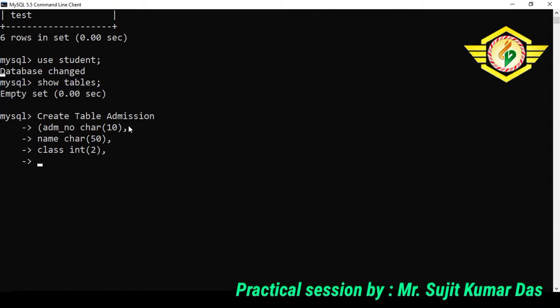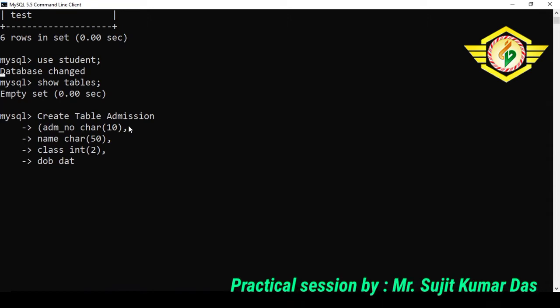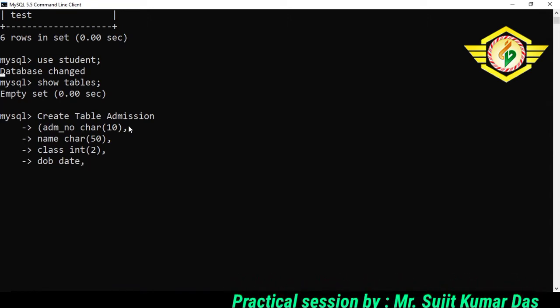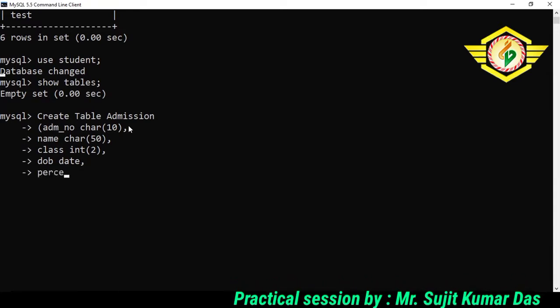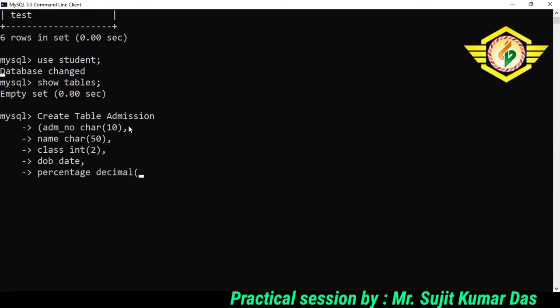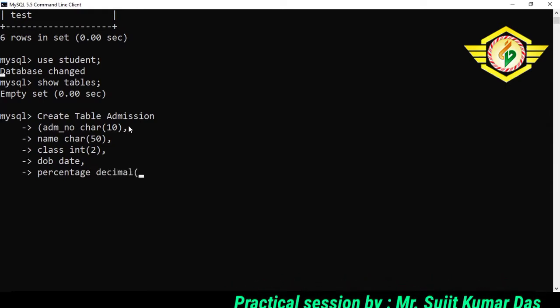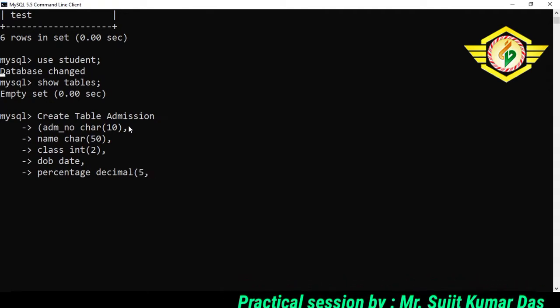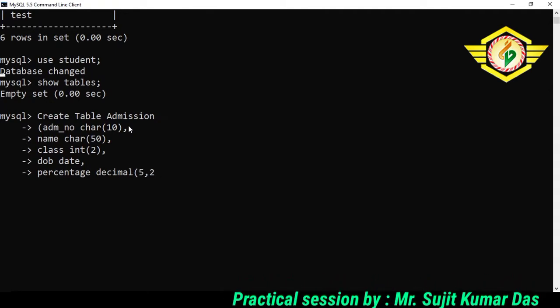Then we have, suppose, date of birth, type date, with no size for this date, and at last we take percentage, which is of decimal type, with maximum significant digits 5 and places after decimal 2.